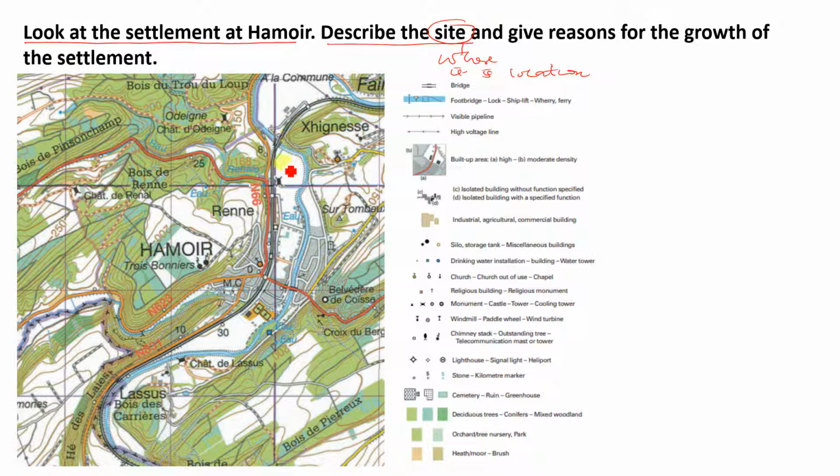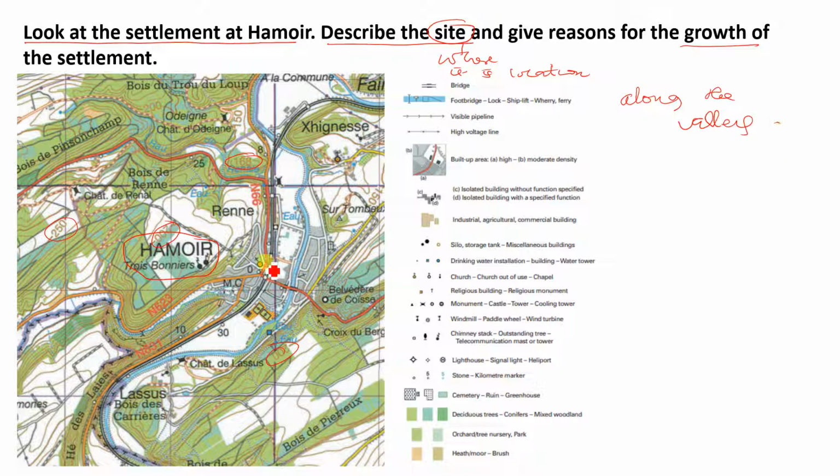So if you look, this is Hamoy. Now they want us to give reasons for the growth, and sometimes they might ask you for the function, so you look at the services being provided there. First, the site of this settlement: this is 200 and this is 250, right? If I move in this direction, I'm having 168. So this is low, low, low. So this is another 200. So I will agree that Hamoy is built along the valley